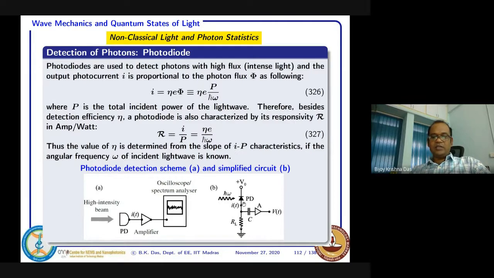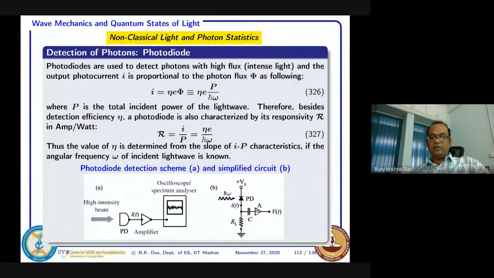If you see the circuit, this is a photodetector, and you are biasing it. This is a negative terminal, this is a positive terminal. So at the negative terminal, you are giving positive bias, that means we are giving reverse bias V0, and photons are coming. Then because of the reverse bias, current will flow, and this is the load, and this current will appear in the load. And if that current is time dependent, some AC component is there, and that will also appear here.